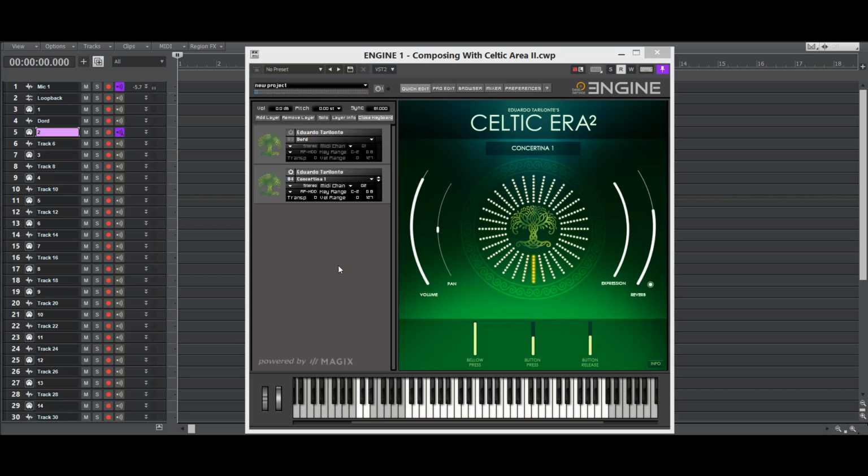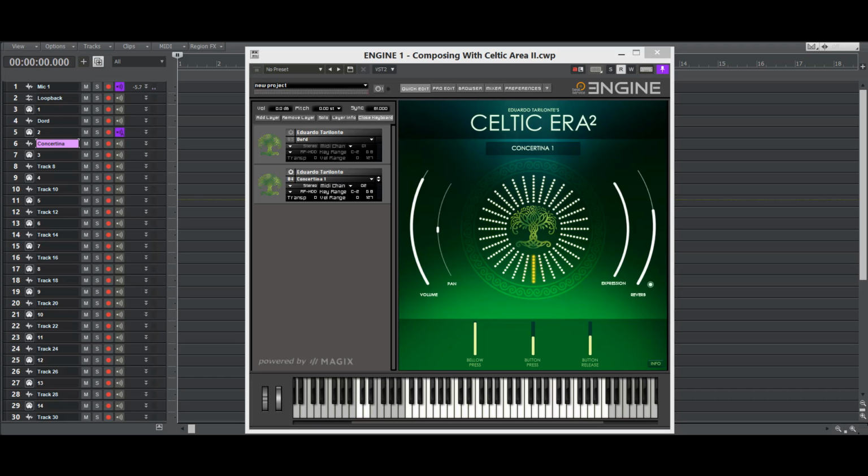So that's really authentic. Like a lot of virtual instruments, what they'll do is they'll cut that out or they'll shape the sound so that you don't hear the actual physical part of the playing. But sometimes you'll find libraries that actually mic the hand side of the instrument as well as the sound that's coming out of it. And I like that because that's definitely more authentic. You're getting the real instrument. Some of them I think might even go as far as to not record it but simulate it after. But I like when it's natural. I know how Eduardo records, so I know that he would have absolutely mic'd this. But it's really cool. Okay, so we're going to add the concertina